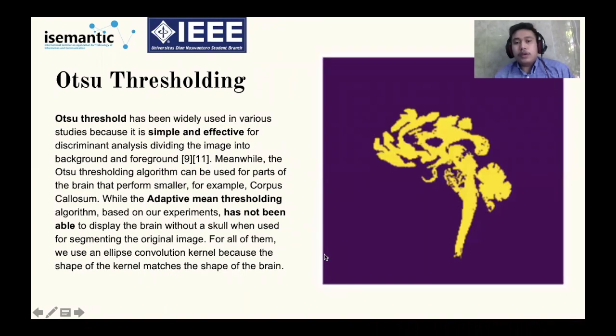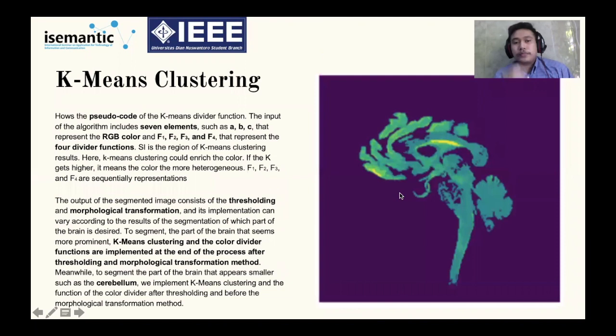Otsu thresholding is simple and effective for discriminant analysis, dividing the image into background and foreground, while adaptive mean thresholding has not been able to display the brain without the skull when used for segmenting the original image. So we are using Otsu thresholding. Then we go to k-means clustering.